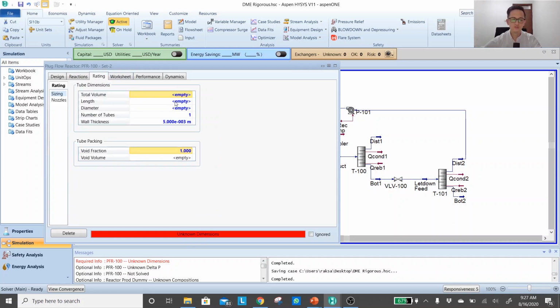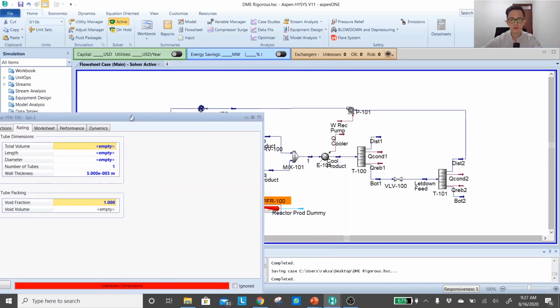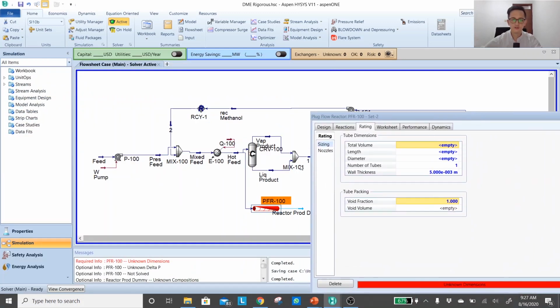This is where you have to put the guess or the estimate or the starting point of your dimension. This is why it's not recommended for you to finish the PFR at the first iteration, because it's too much input where our mass balance has not been solved completely. So just use your starting point, but be careful with some of the assumptions.